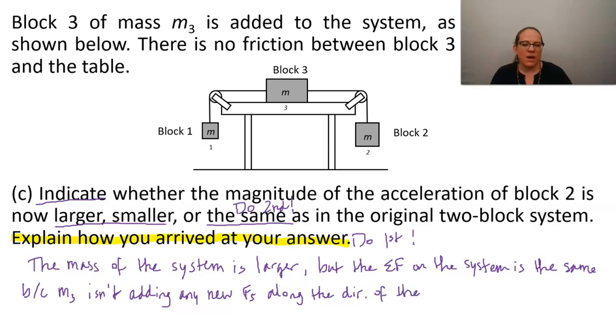And again, I'm not writing this out with full words just because we want to go quickly, right? Remember, block 1 is accelerating up, block 3 is going to accelerate to the right, block 2 is going to accelerate down. Without there being friction, that'll be a horizontal force. Without friction being a horizontal force that would be resisting the pulling of block 2's weight,